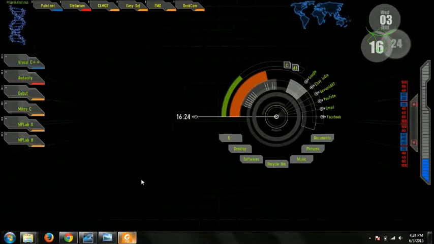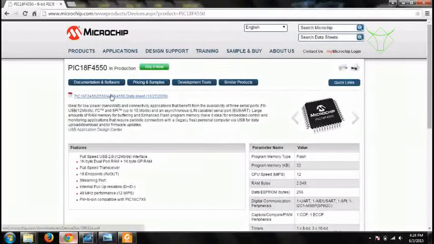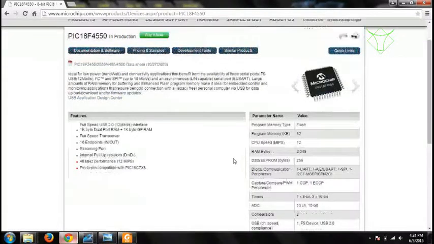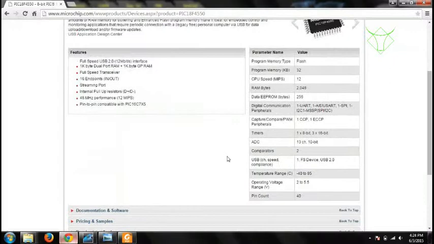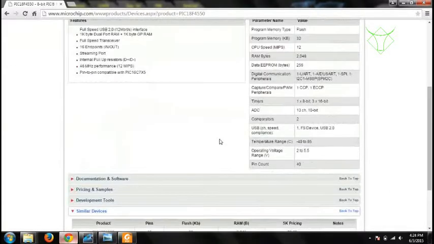In this video, we will look into the basic circuit diagram of a microcontroller development board. In our case, it is the PIC18F4550. So, all the circuit is dependent on the PIC18F4550. The first thing is you have to download the data sheet. It is very important to go through the specification of the microcontroller, whichever you are working on.